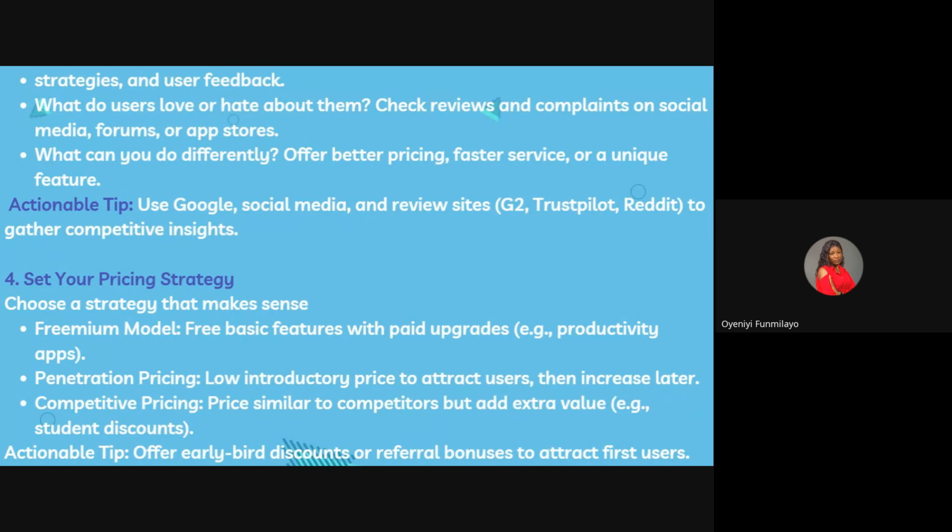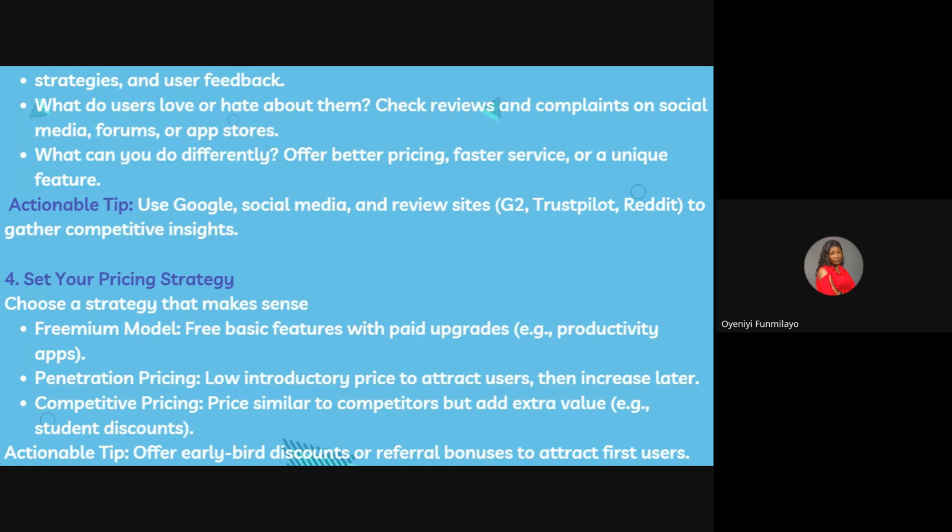That's why a lot of people will tell you that InDrive was cheap before, so why is it expensive now? They cannot be running a charity organization. They have to increase their prices so that they can also make money, because they just used that to lure you to come use their products. So you have to choose a strategy that makes sense for your products. That's what penetration pricing is all about.